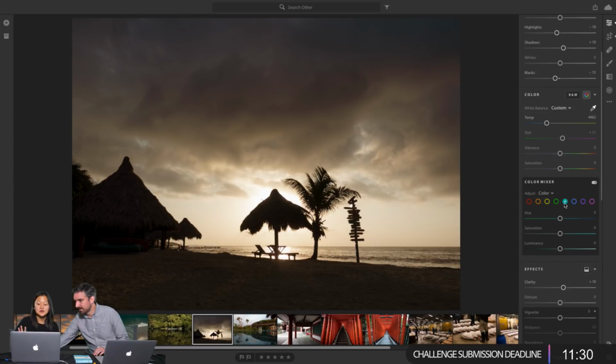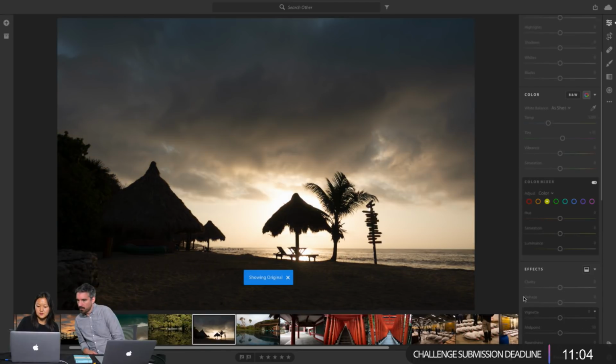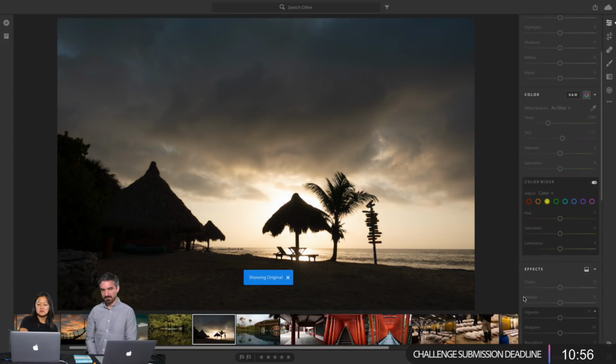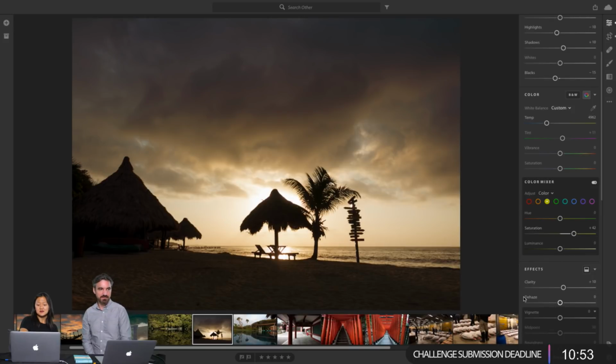So as an alternative, what I really want to do is adjust the saturation of the warm tones in the sky. You have to pull it pretty far. Let me see what the yellow looks like. That's not too bad. That was a big jump. Before, after. It's warmer. It is boosted. That looks pretty good.